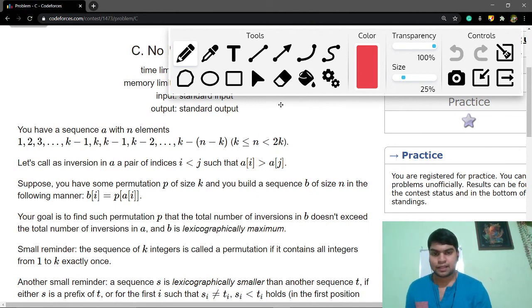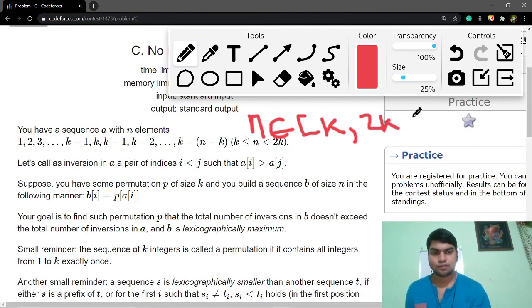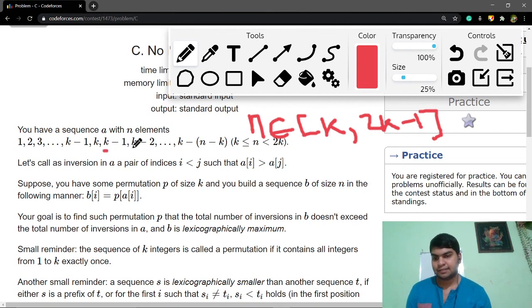So n belongs to k comma 2k minus 1. Basically, it is given that we have 1 2 3, then we go up to k, then we return back again.